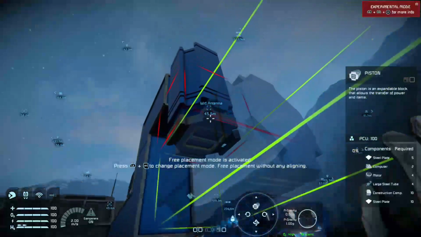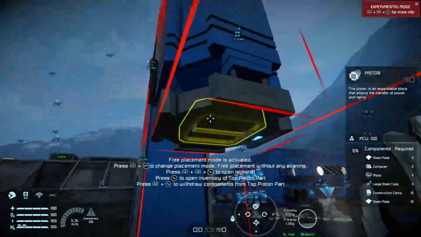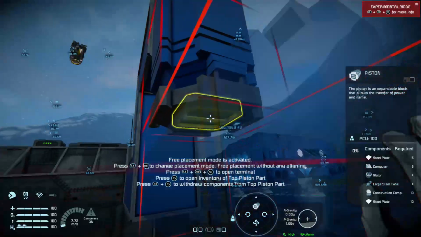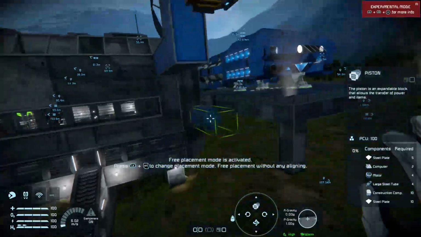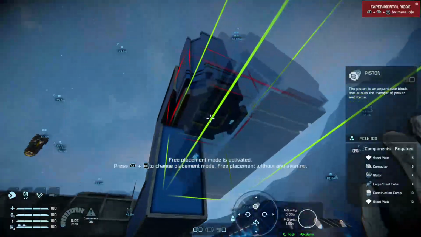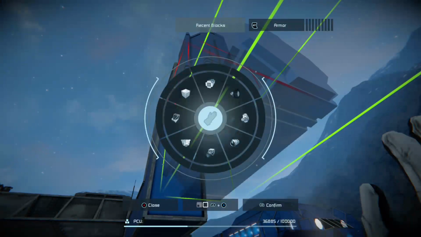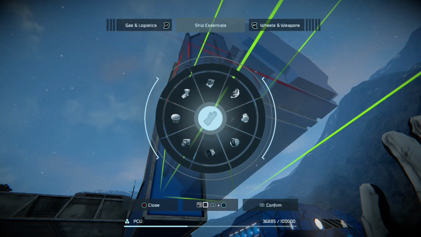When you're doing this in survival, please remember to weld up the parts of pistons and rotors, because people tend to make that mistake, and they wonder why their ore or their stone doesn't go flowing through the system.